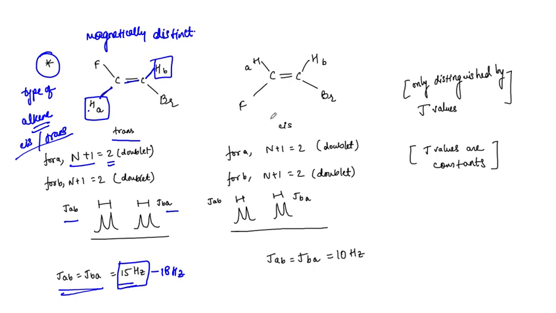Similarly, let's move on to the cis molecule. In the cis molecule, again these are different, because they are facing a different environment. But for a cis molecule, the coupling constant is always lesser than the trans one. It's going to be around 10 to 12 hertz for the cis alkene, and this is a major determining factor for whether we have a cis alkene or a trans alkene in the molecule. And again, JAB is going to be equal to JBA, just a little bit lesser.